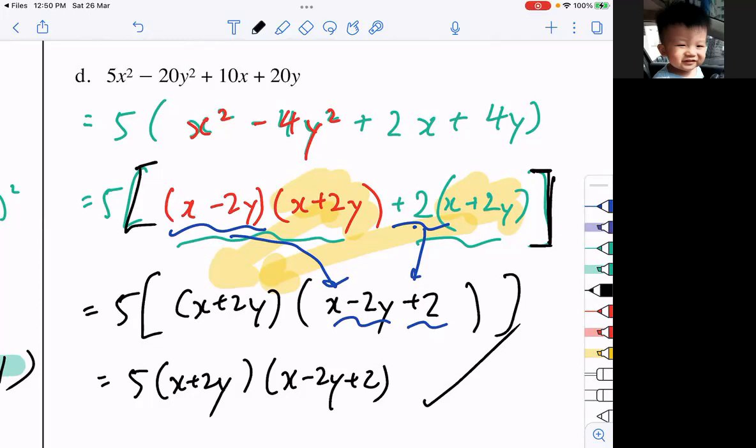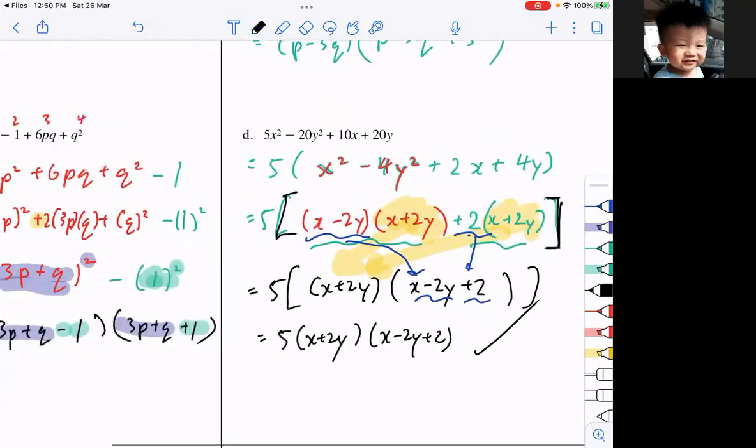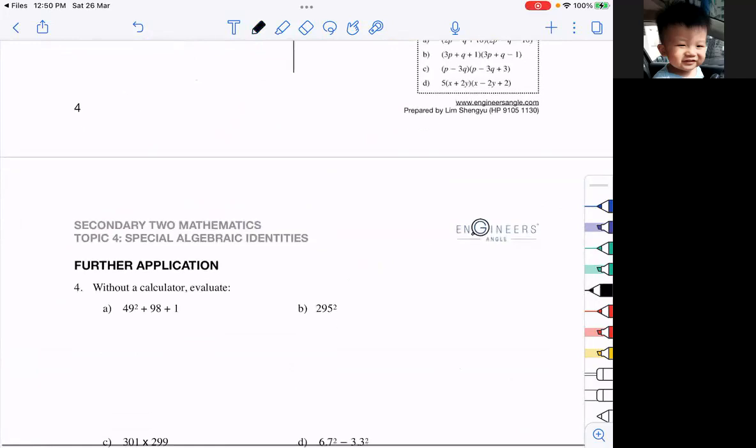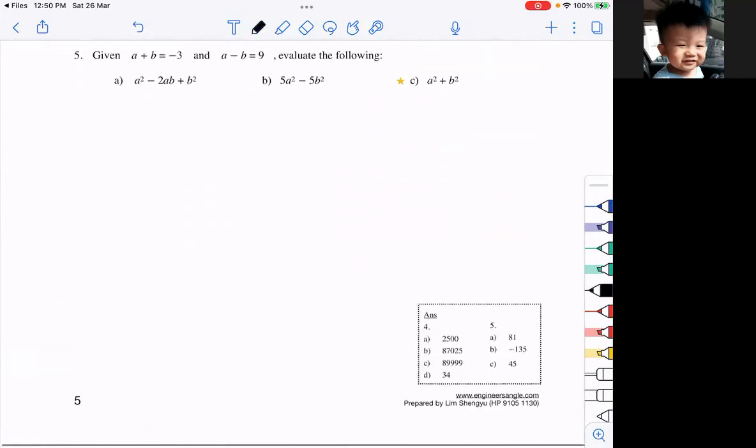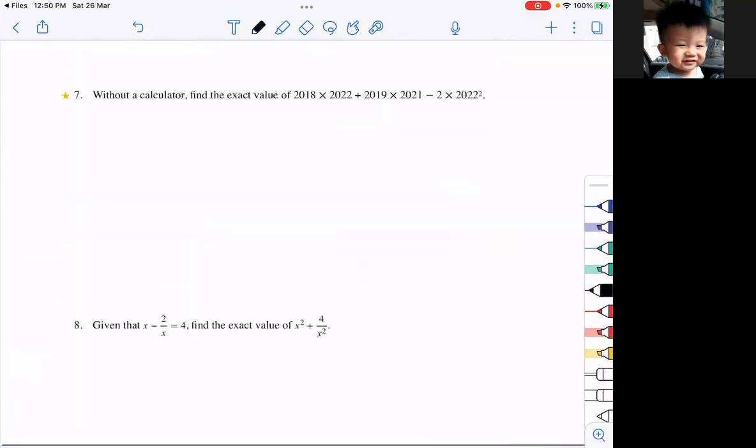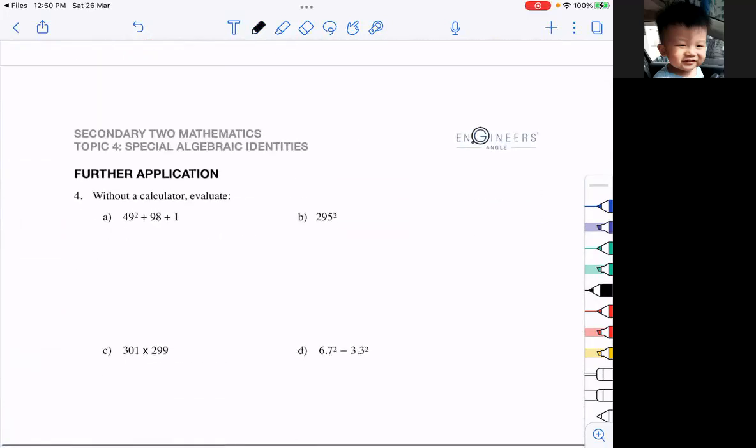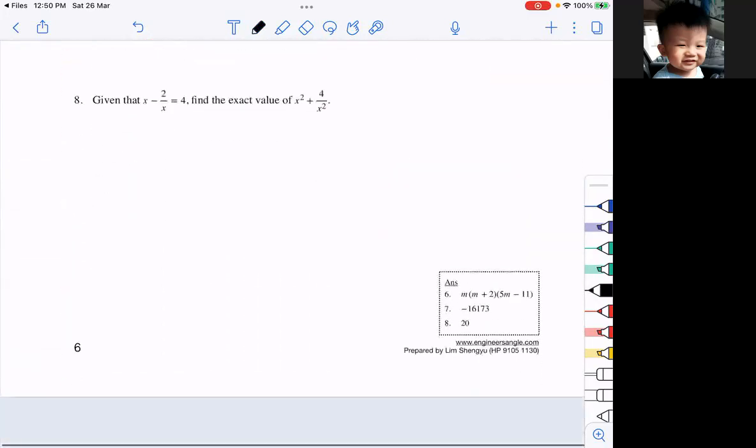Can? Okay lah. I know it has been a long and hard lesson. I also find it very difficult. We'll finish up this chapter next week. I think we have 10 more minutes. You can